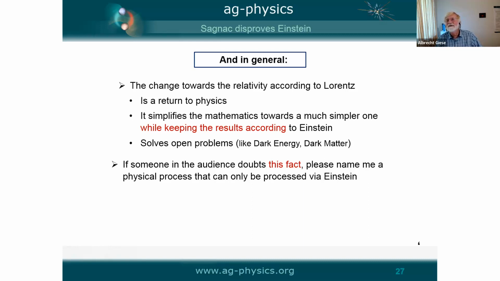But as long as it is this way, we can define some arbitrary frame as the absolute frame of reference, and refer all the physics we are doing to this frame. And then